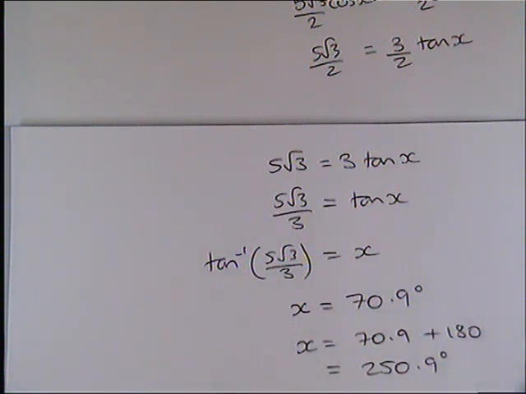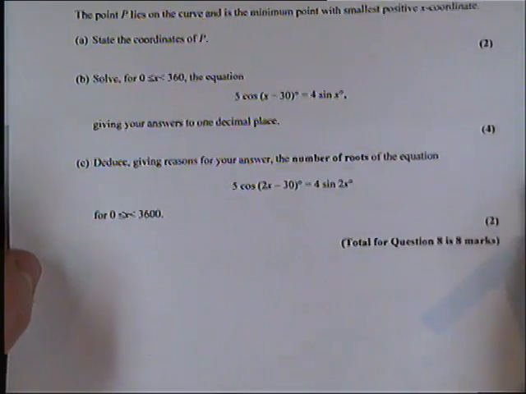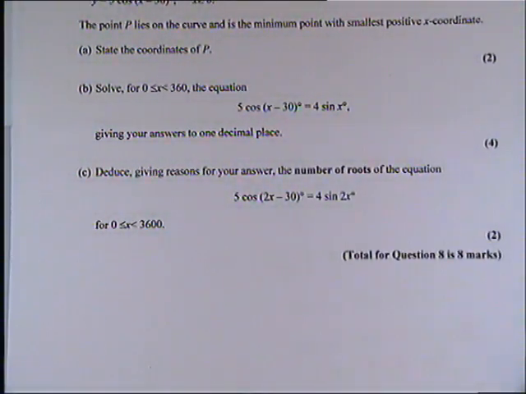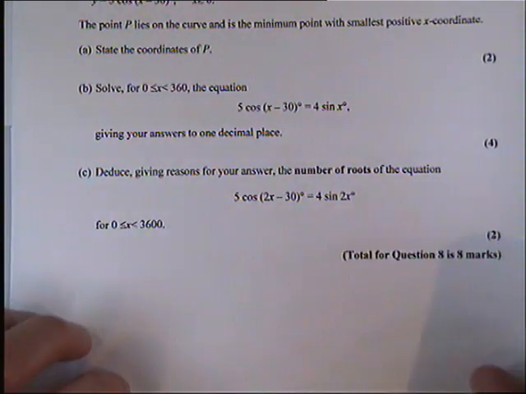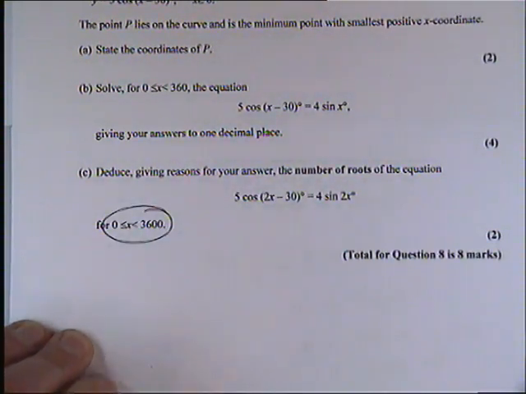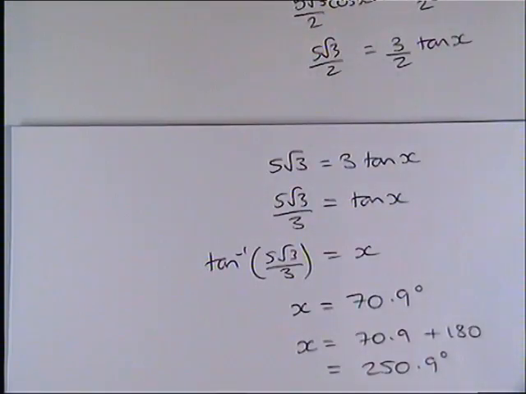Okay, let's have a look at part C. It says, deduce, giving reasons for your answer, the number of roots in the equation 5 cos 2x minus 30 equals 4 sine 2x. So the first thing to note, and also between 0 and 3,600, not 360. So how do we